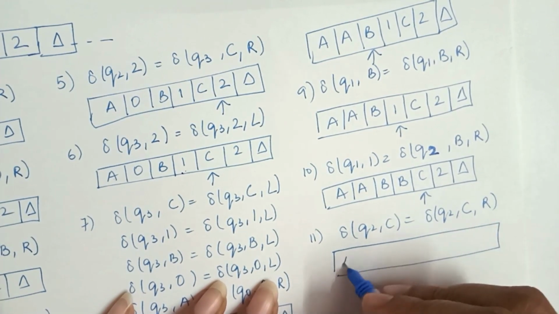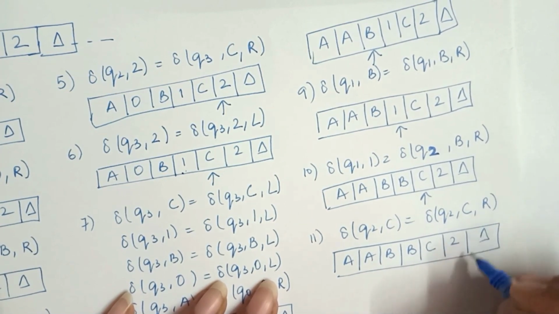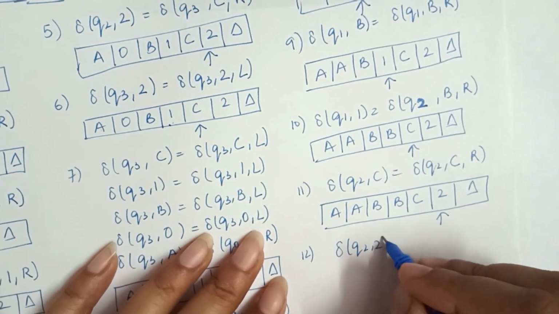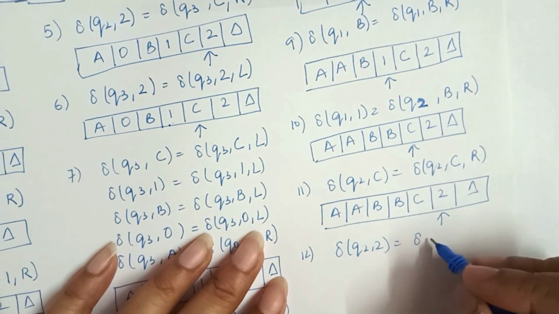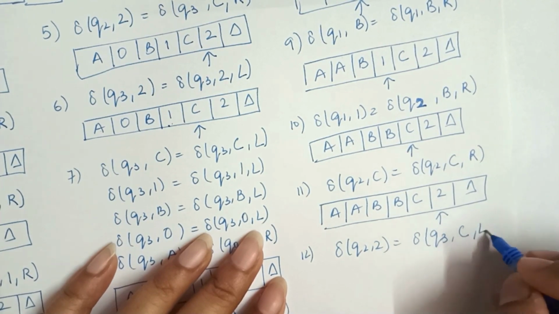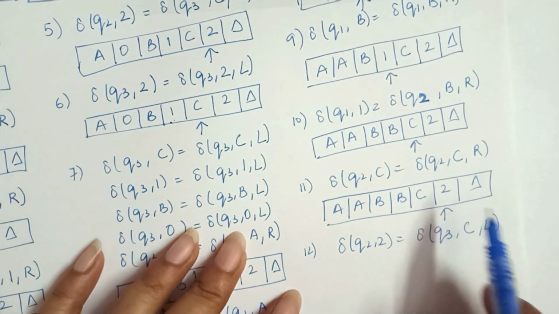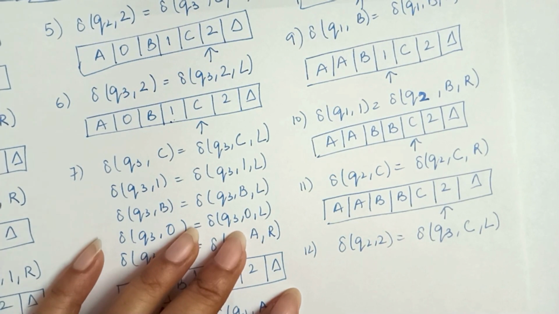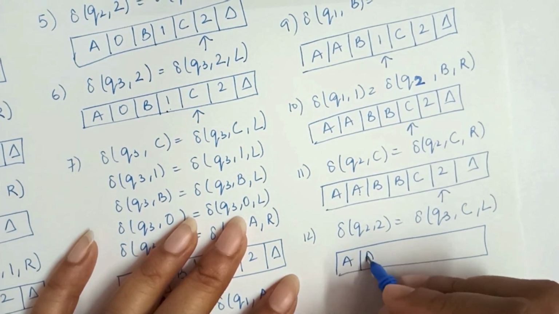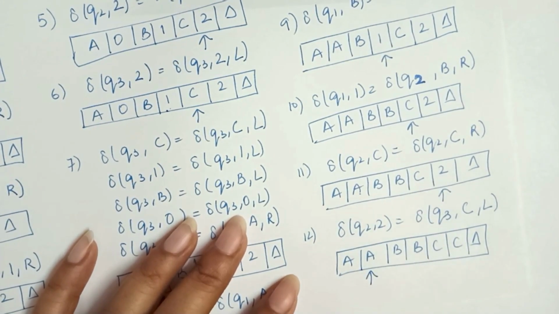So now the input tape will become A, B, C 2 and del, and the input is at 2. The next movement is, we are on the Q2 state, pointing at 2. So the second 2 is encountered, so this will move to the next state, that is Q3, 2 is replaced by C, and now we are moving to the left of it. So we are moving to the left until we reach the A, before B is A. So the pointer is at A, B, C and del, and the pointer is now at this A.